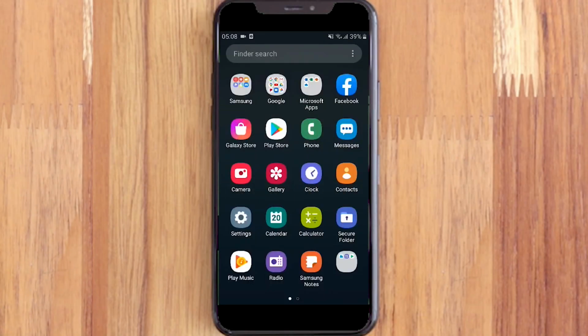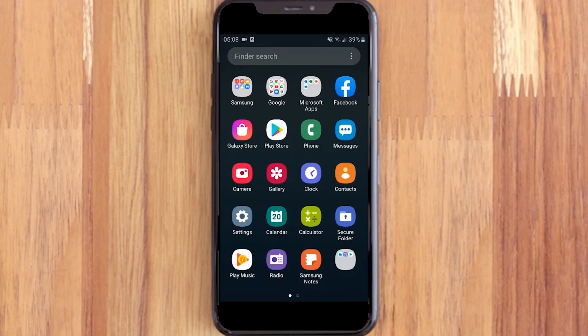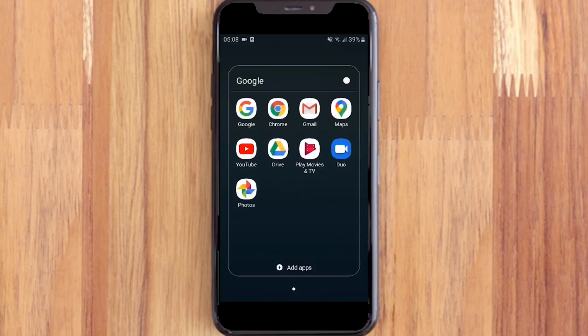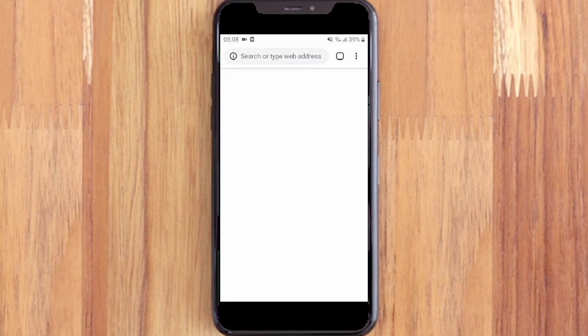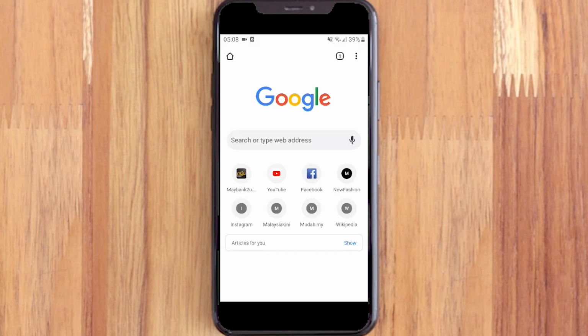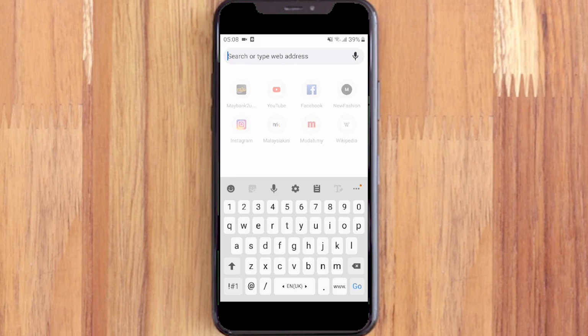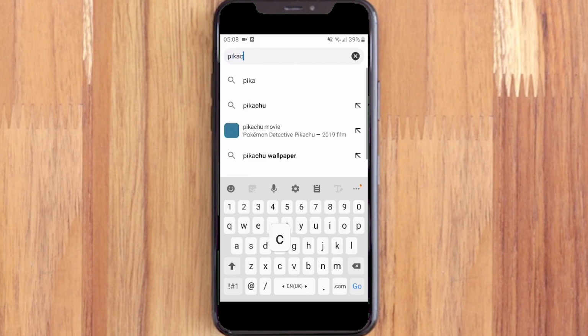Okay, so now I will introduce another feature in Android, that is the web browser. I will use Google Chrome as the web browser to introduce to you guys. So let's start by clicking the Google Chrome icon, and now you can start to search whatever you want to search. I would like to search Pikachu,